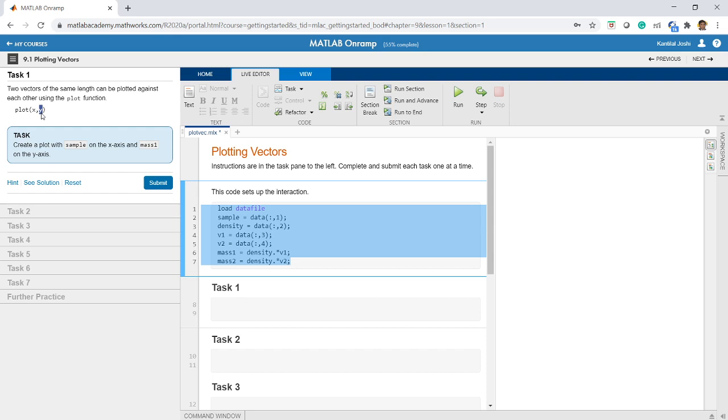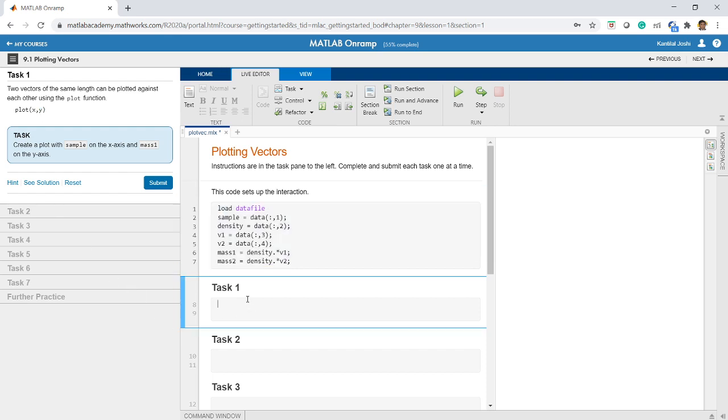For example, in this task we are supposed to create a plot with sample on the x-axis and mass 1 on the y-axis. So what I will write here is plot, and on the x-axis I need sample, and on the y-axis I need mass 1.